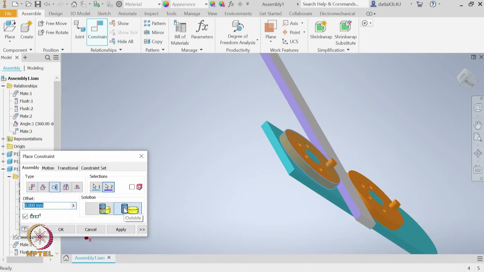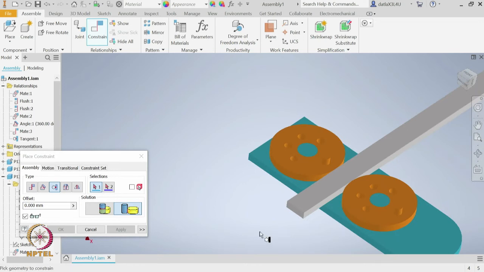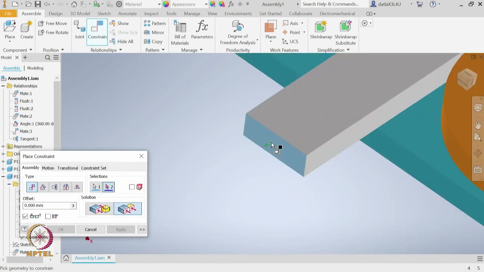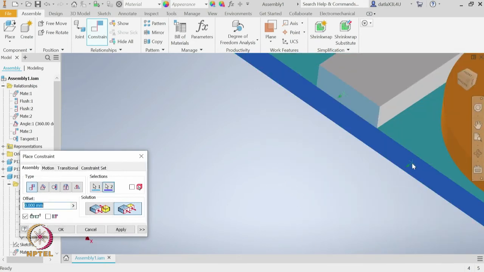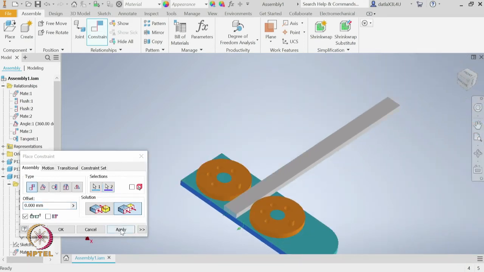Here I am choosing the outside constraint. So, let us apply it. Okay. And lastly, I will apply a flush constraint between two faces, this face of the link and this face of the base plate. Okay. Apply.